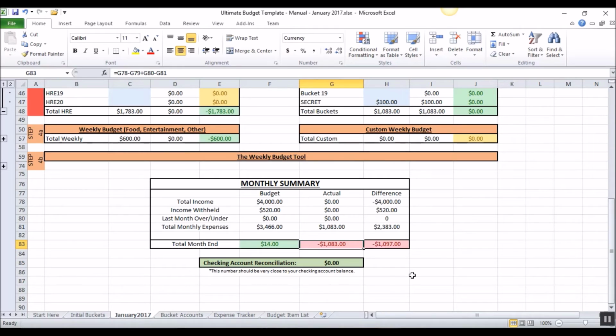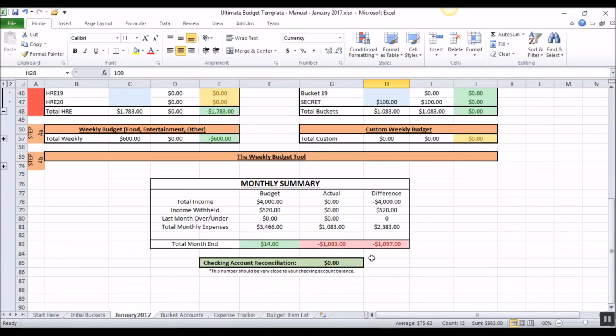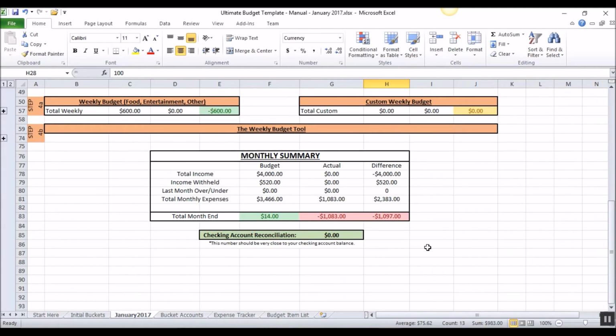$1,083. That's why I actually waited until the first week of January to go ahead and build my budget, because I didn't want to feel like these buckets were already available before I got paid. And typically I get paid on the 5th and the 20th. Sometimes they come in different intervals. So I do not build my next month or fill in those buckets until I know that I have that